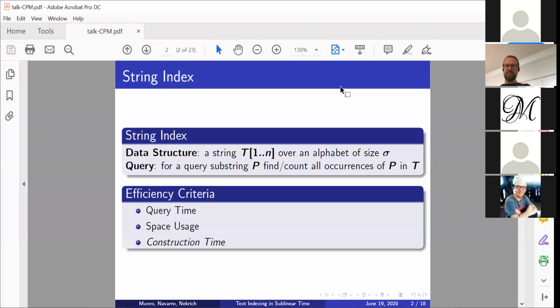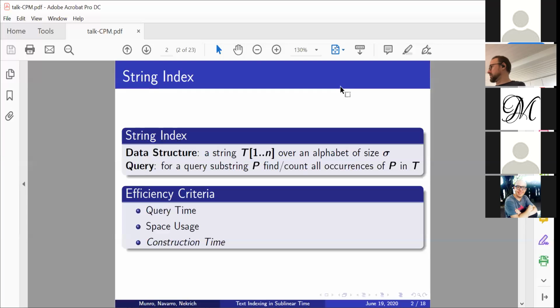We're given a string T of length n over an alphabet of size sigma, and we store it in a data structure. And for any query string Q, we would like to report or count all occurrences of the string P in the text T. This data structure is generally called a string index, and there are three main criteria of efficiency. It's query time for both counting and reporting queries. It's space usage,